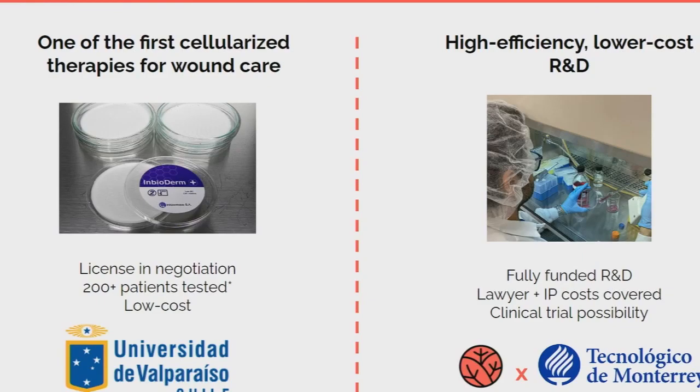However, this has also opened the landscape for startups to participate, and there's still a very high need for smart interdisciplinary solutions that can reduce the amount of in-hospital time. In fact, one of our products has been able to drive down the cost to around $300 per wound. And in fact, I wish I could stand in front of it, but I'd like to introduce to you one